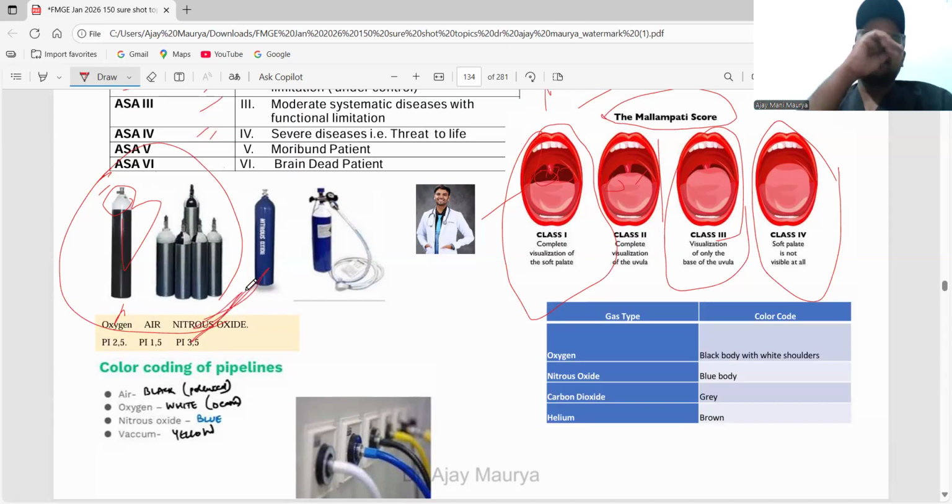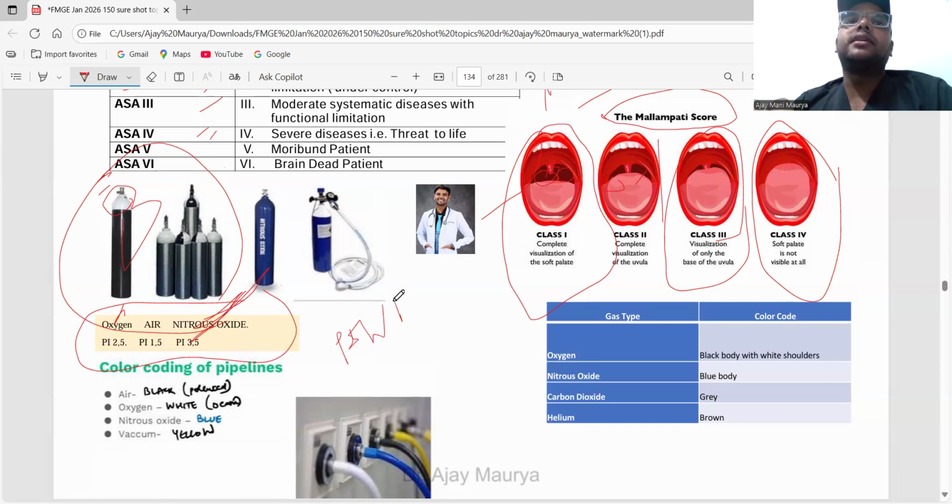Nitrous oxide is the blue color. Now remember this is the pin index. What is the pin index? Pin index number means, in the OT and in the ventilator machine,